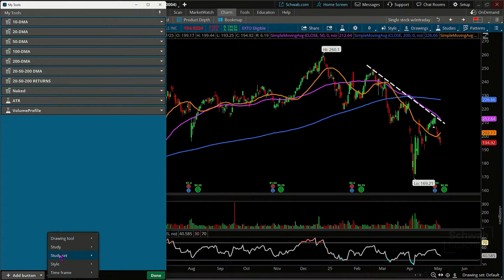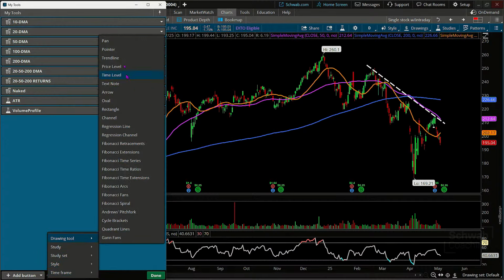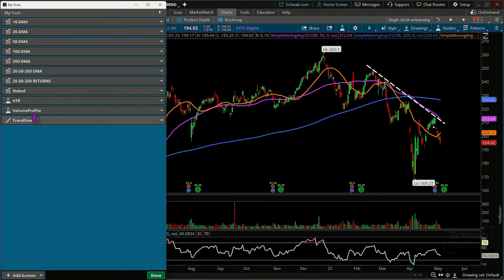So what if I wanted to go to those drawing tools? If I wanted to make available the trend line drawer, I can put that right here. And now I can quickly access that from this in lieu of maybe the mouse functionality that I showed previously. So there are a multitude of ways. And I think more often than not, we traders just need to start applying some of these things and going, yeah, that might be helpful. And then you spend a day with that tool added, and then it's there for you. And then you start seeing, do I reference it or not? If you don't use it, yeah, eliminate it. But it's not going to hurt you to have it there, right?